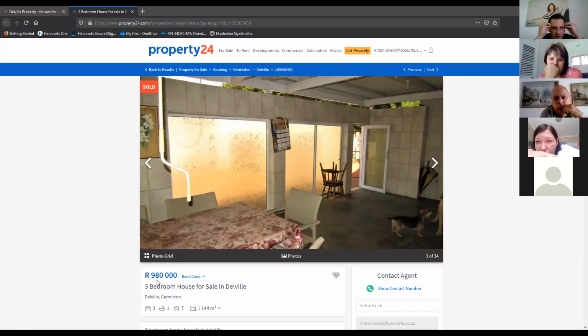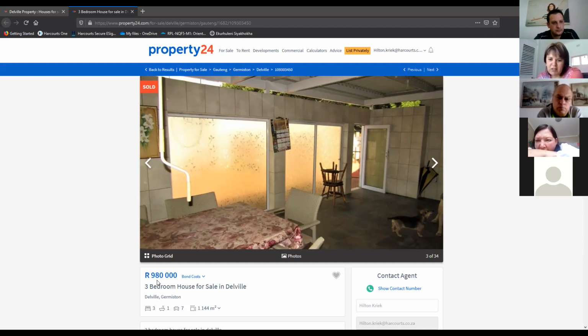Now already I know in my mind, 900,000 Rand is my benchmarked figure. It's the figure I'm working with, 900 to about 950. How does the property that I'm going to evaluate now compare to this one? And if it's better than this one, it's going to get 900 upwards. Okay, Hilton, in this case, you've only got one property to benchmark with.